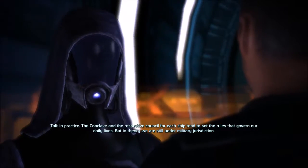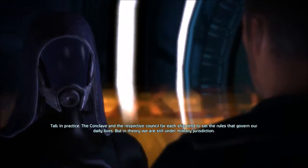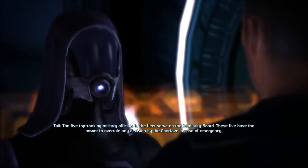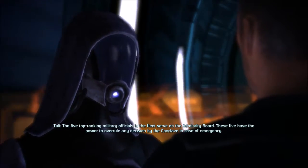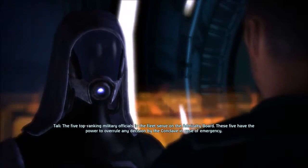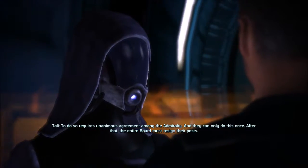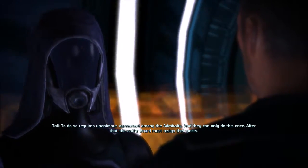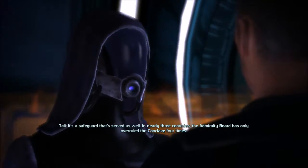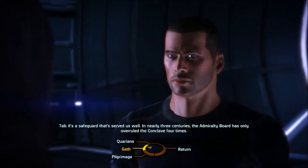In practice, the Conclave and the respective council for each ship tend to set the rules that govern our daily lives. But in theory, we are still under military jurisdiction. The 5 top-ranking military officials in the fleet serve on the Admiralty Board. These 5 have the power to overrule any decision by the Conclave in case of emergency. To do so requires unanimous agreement among the Admiralty, and they can only do this once. After that, the entire board must resign their posts. It's a safeguard that served us well. In nearly 3 centuries, the Admiralty Board has only overruled the Conclave 4 times. That's pretty cool. It's a bit of a weird system, but...